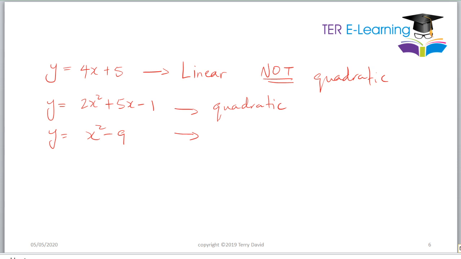All right, so all of you say quadratic. So yes, it is a quadratic,